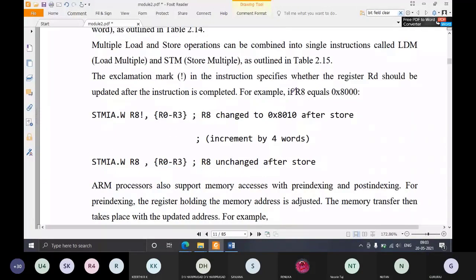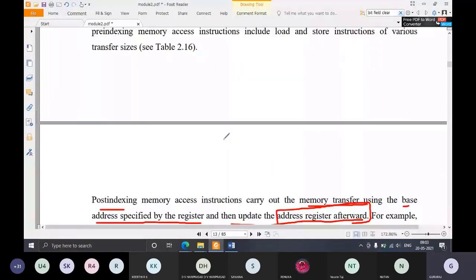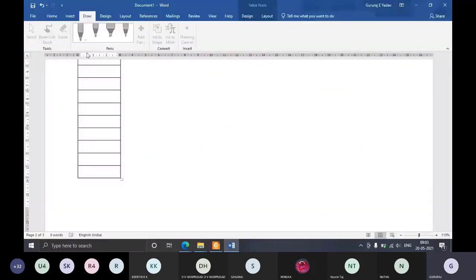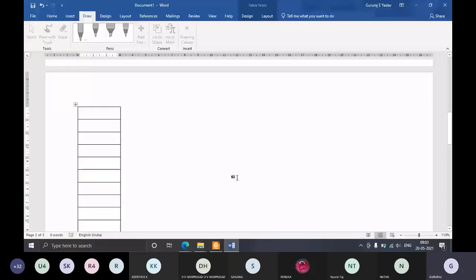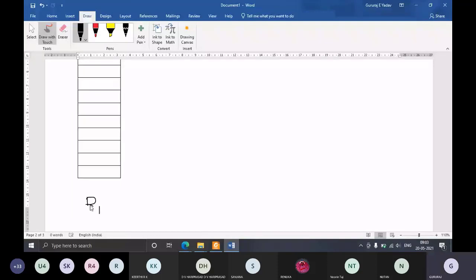We shall assume that the contents of R1 is 0x8000. So the assumption is that the R1 value is 0x8000.